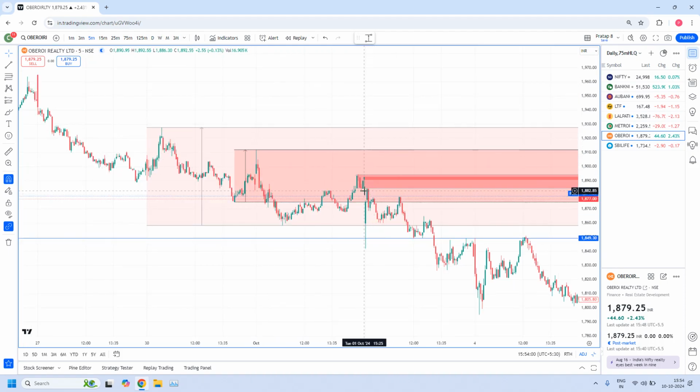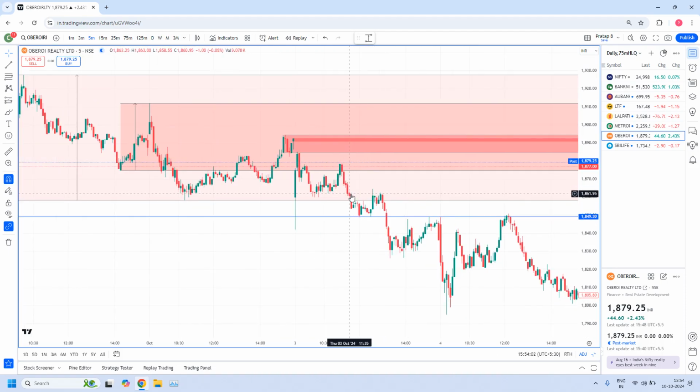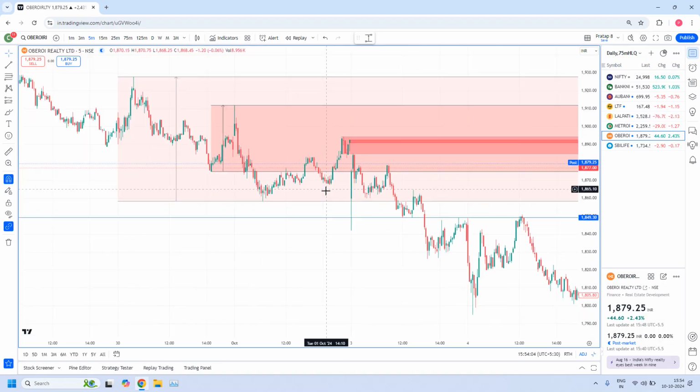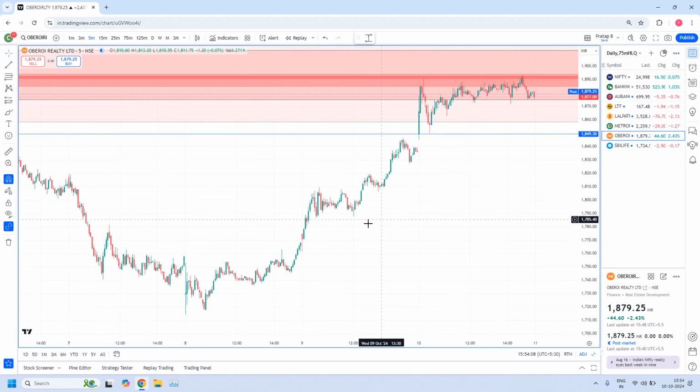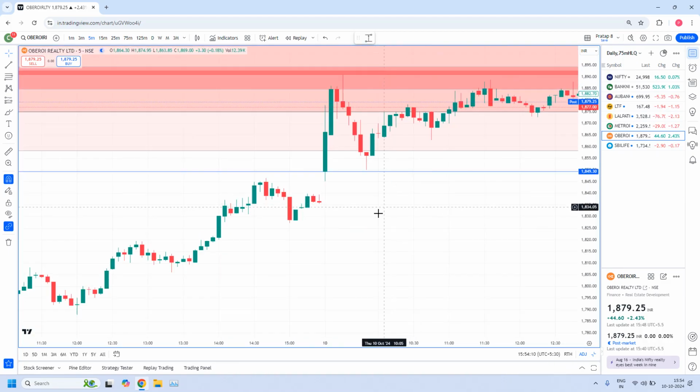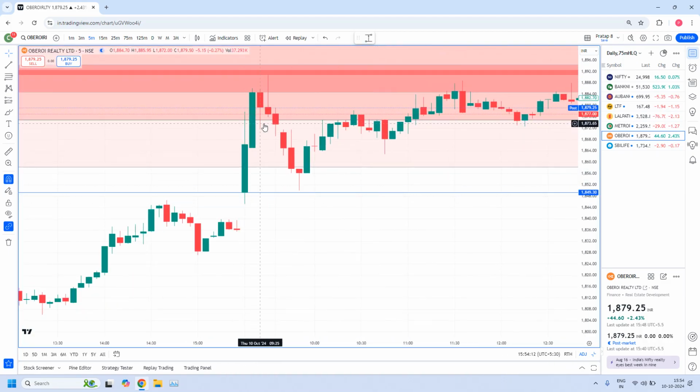Sometimes people who learn, again sometimes in ignorance, miss such kinds of zones. See, we have a fine-tuned 5-minute zone. Today, what happened? This is today's live market. Morning 9:30 candle, 5-minute candle. The price has reached this fine-tuned 5-minute zone, then sharply came down, and finally it was reaching until this pro